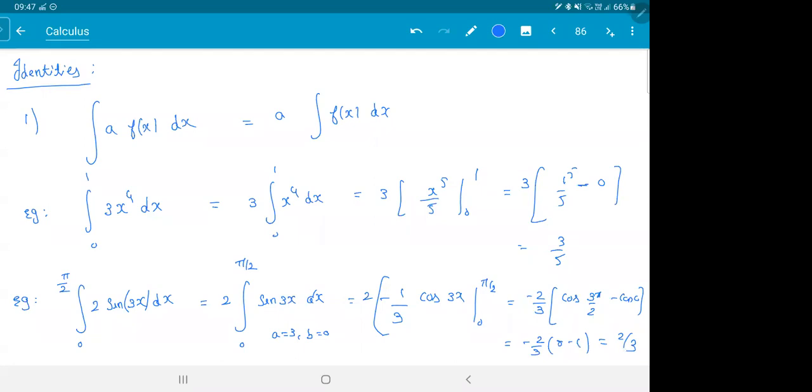Whatever you did, it will be all normal only. The constant is just sitting outside. Put it up. This is your first identity. A constant into a function, the constant comes out of the integral. And out of the 5 formulas, use the one which is there. Unlike differentiation, right? We don't have the chain rule. We don't have the function inside a function, like function of something. We don't have all those stuff. So in that sense, it is quite easy. Any doubt so far? Please ask me.